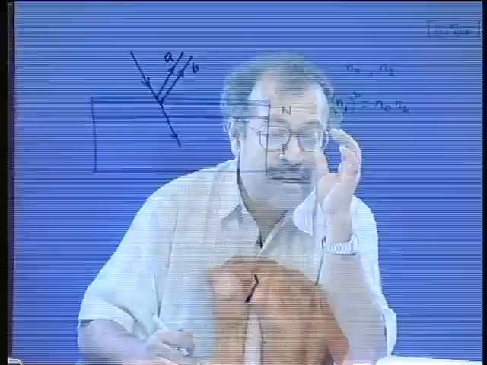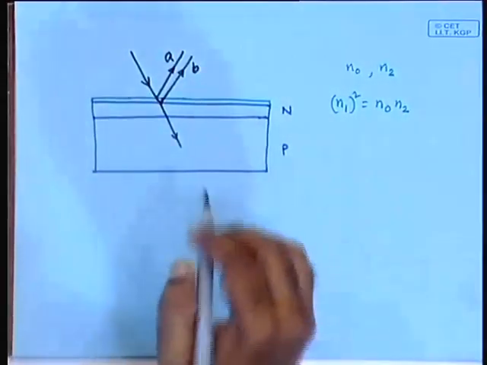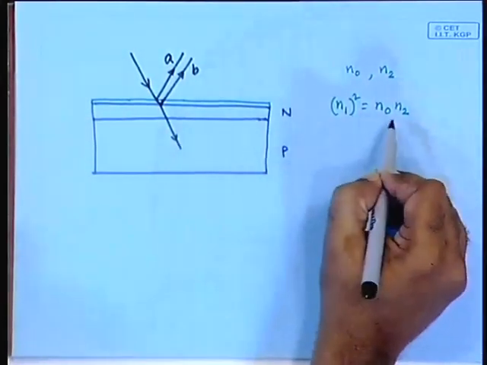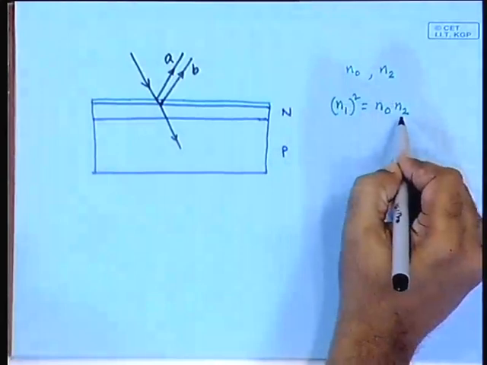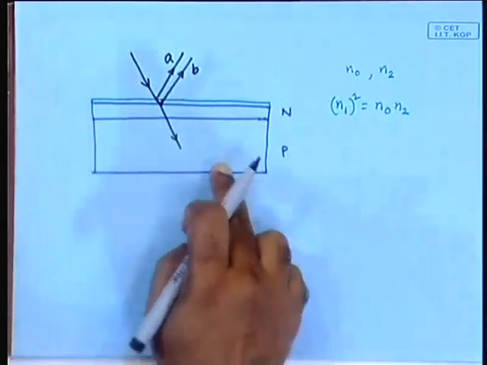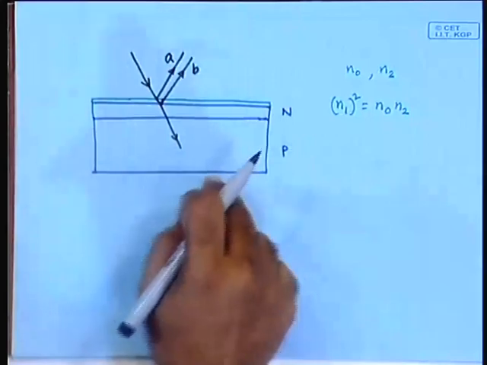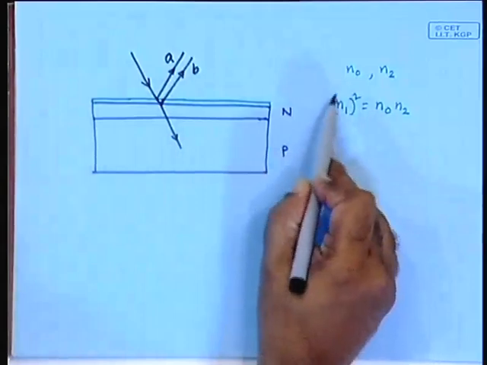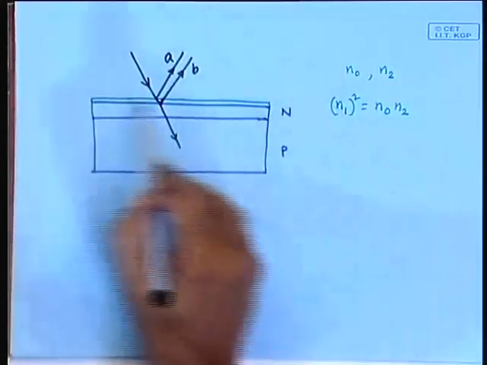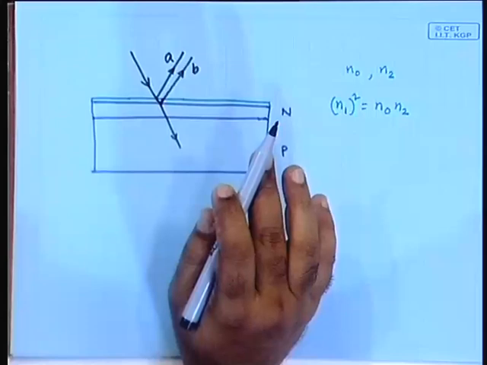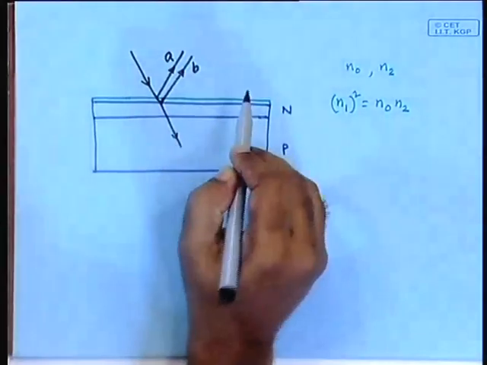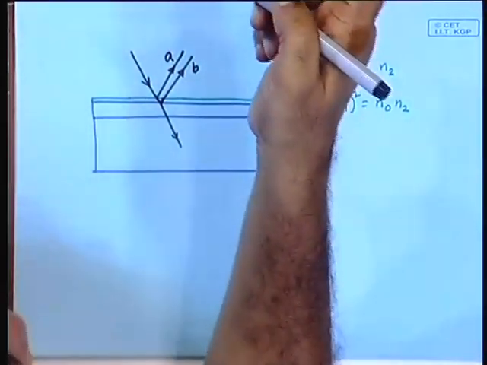So, what is actually done? Some kind of a material is put as the top, and that depends on this base material, obviously because of this factor. Air is common, all right, but N2 is the refractive index of the silicon of that particular amount of doping. So, that is very specific, and depending on that you will have to choose some material which will act as the anti-reflective coating, and it does because of this. Now, as I told you, the thickness has to be tuned to the specific wavelength, because it has to be about 1/3 of the wavelength.